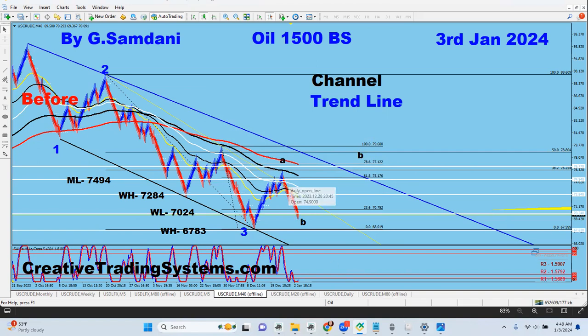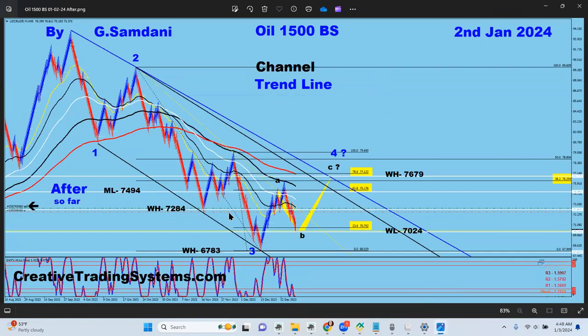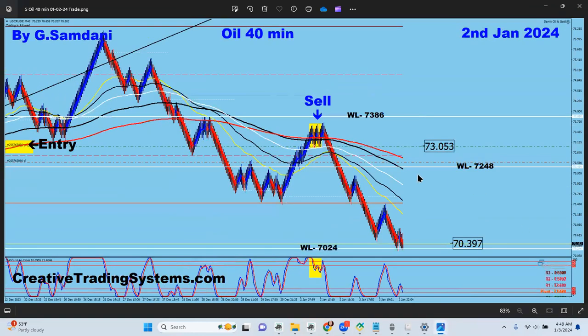Coming down here, as you can see, there is a trade open here, right? And this is my trade yesterday, January 2nd. Coming down here yesterday, I closed it a little while ago, and it was like this. You see this? So this is the system: once you have my analysis, this system gives you a precise entry. This is my entry here with this indicator all the way up. And actually, I had my EA open here. The EA is the one that took this automatically, straight, and then all the way down to exactly 70.24 again. So now from here, I'm expecting a bounce and then going back up for wave C.